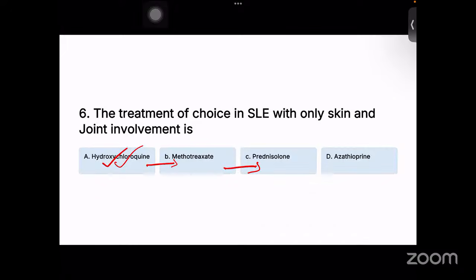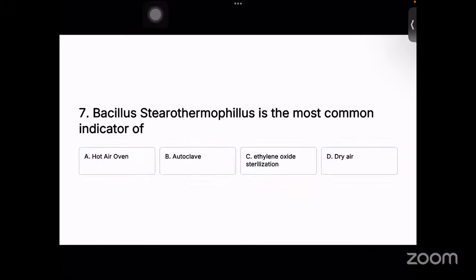Okay, so moving on to the seventh question: Bacillus stearothermophilus is the most common indicator of, yes, it's a heat resistant bacteria. Basically we have various sterilization methods: hot air oven, autoclave, ethylene oxide sterilization, and dry air. Most commonly, Bacillus stearothermophilus is the most common indicator for autoclave,